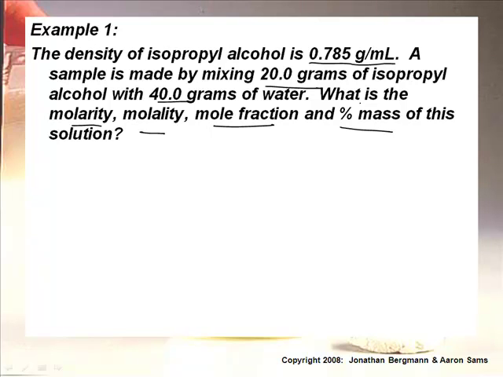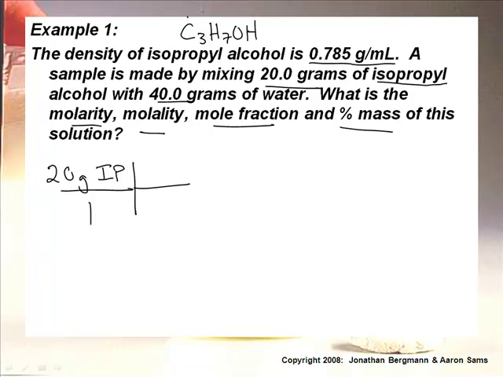All right, so to do this, we need to think it through. I like to convert things to moles first. Moles seems to work best. We've got this isopropyl alcohol, and we should know its molar mass. So if I've got 20 grams of isopropyl alcohol, I'll call it IP, I'm going to convert that to moles. Now, the formula for isopropyl alcohol is